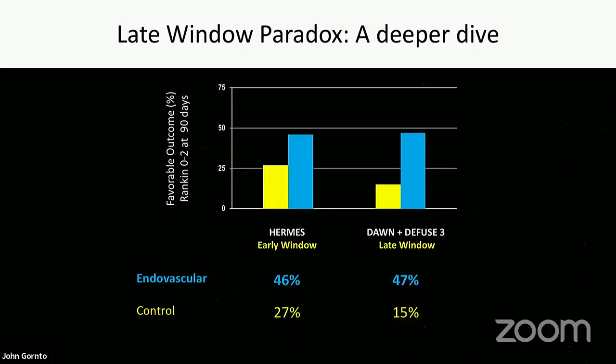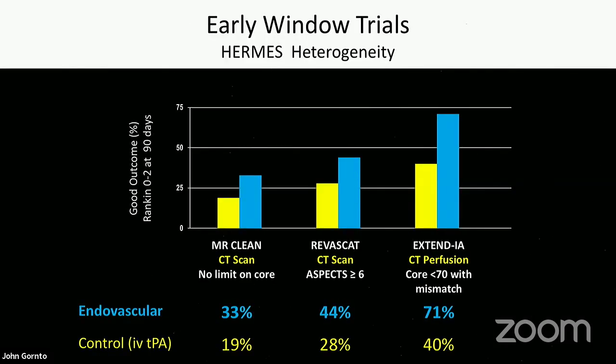But let's take a deeper dive. And this slide is a little bit misleading, because if you look at the HERMES results from these 5 New England Journal trials within the 6-hour window, really, it was a very heterogeneous result. If you look at MR